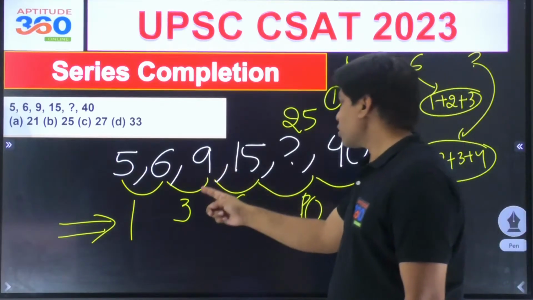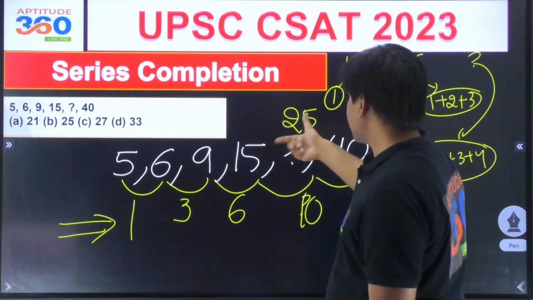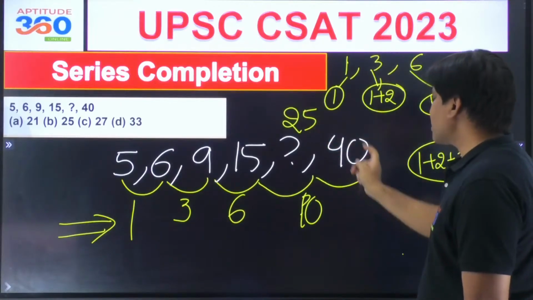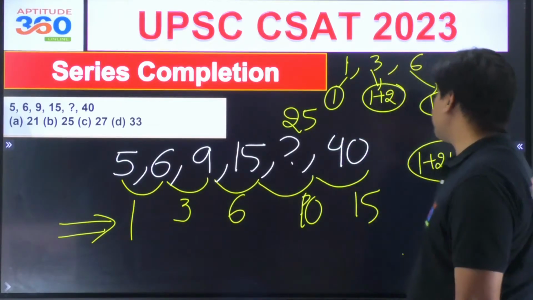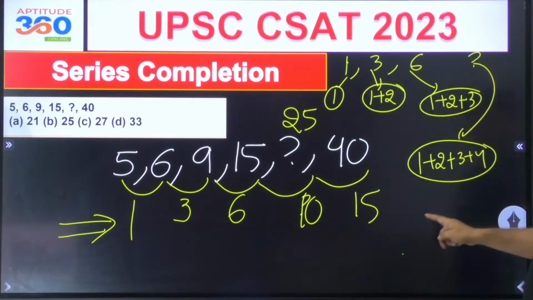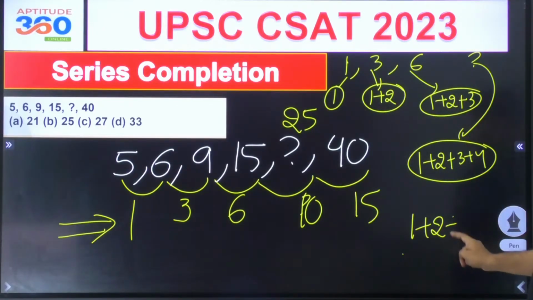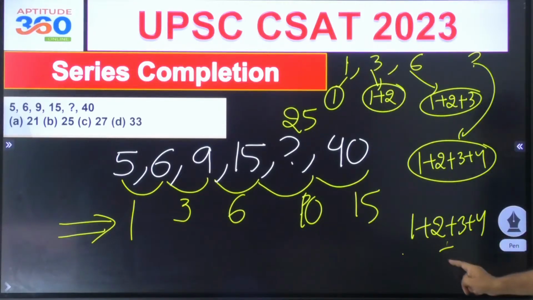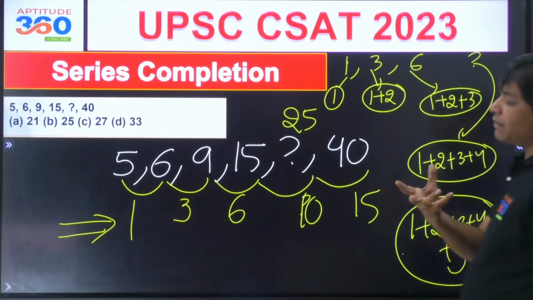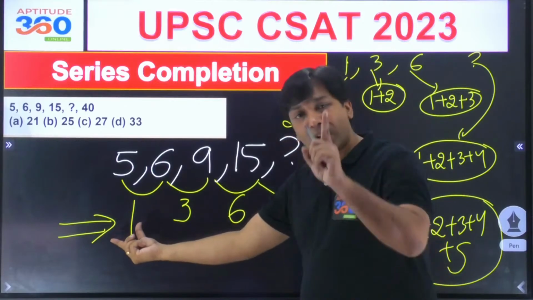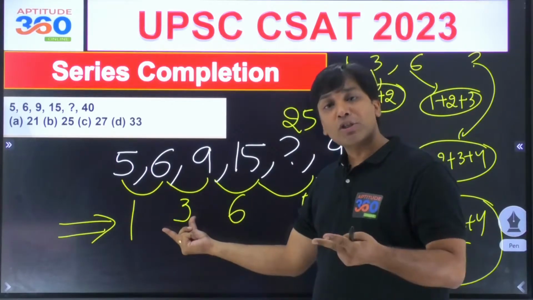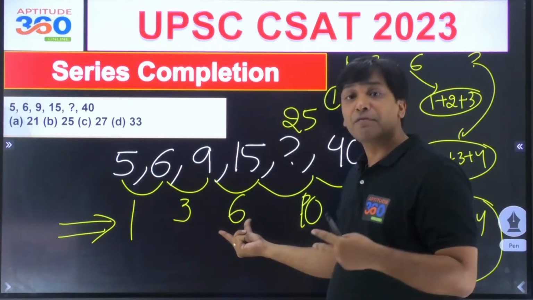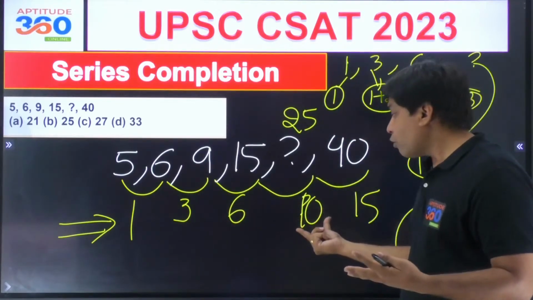So this is going to be what? 6 and then 10, और उसके बाद वाला next वाला term कितना आएगा? It has to be 15, which is pretty much fine, because इसके बाद वाला जो term होगा ना, वो क्या हो जाएगा? 1 plus 2 plus 3 plus 4 plus 5. So sum of first 5 natural numbers, sum of first 1 natural numbers क्यों? Sum of first 2 natural numbers, sum of first 3 natural numbers, sum of first 4 natural numbers, sum of first 5 natural numbers.